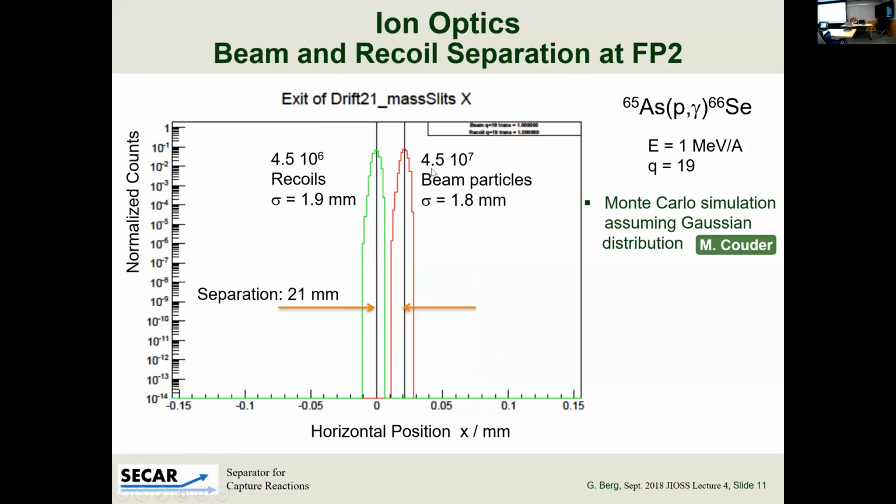Now, this doesn't say much, because if there would be one event in here, it would already be a catastrophe, because you don't have 10 to the 7, but you would have 10 to the 13 particles or so. So one event in this simulation would already mean you have 1 million counts here. 1 million counts would shut down the detector. So this only shows how far we can push the simulation, but ultimately we depend on the mass separation of